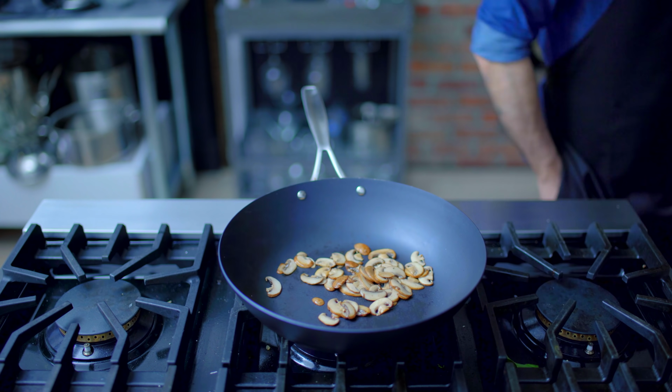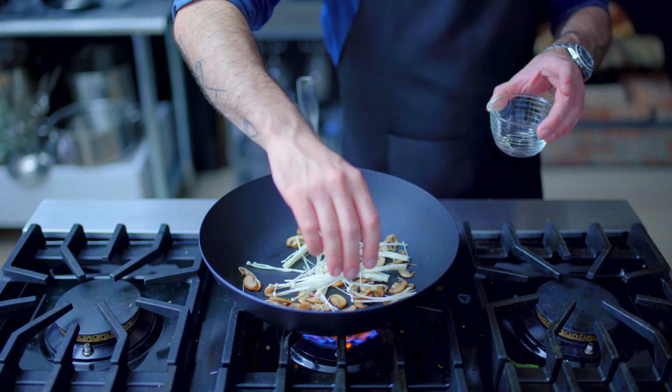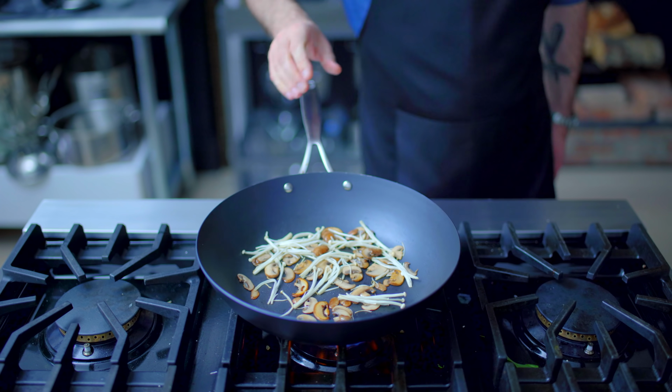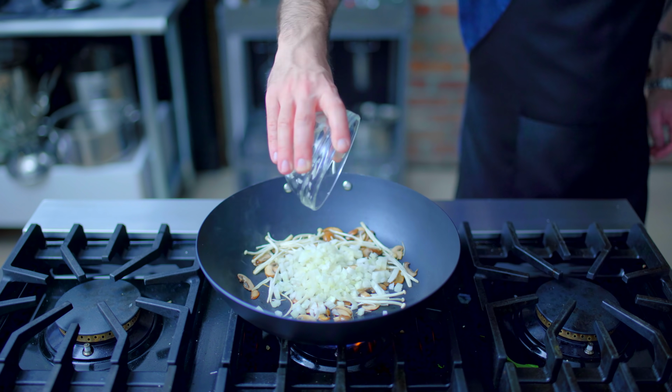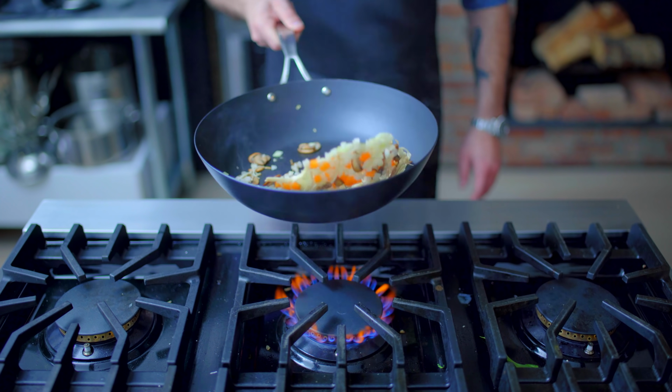Once that's done and they're starting to brown, I'm going to add some enoki mushrooms that I honestly can't believe I had in my fridge. Saute those for a minute or two until they start to crisp up, and then I'm going to add some diced white onion and a very small diced carrot, sauteing those together for 3 to 5 minutes until softened and